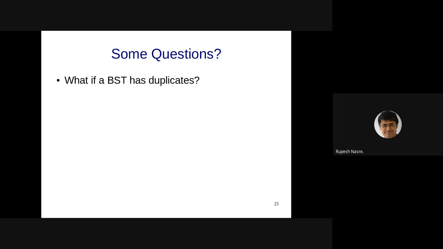Aniruddha says we can change the BST structure to less than for the left subtree and greater than or equal to for the right. That is correct. You can actually maintain multiple copies of the nodes in the same BST, so 4 will appear at 2 nodes. Like that we can maintain. Then the complexities will change, which we have to be careful about. Can a BST node contain strings or other types? Any suggestions?